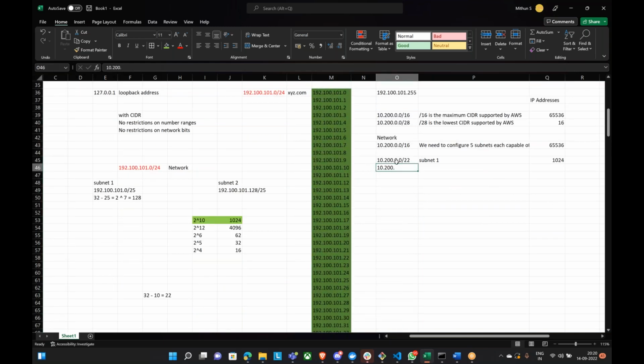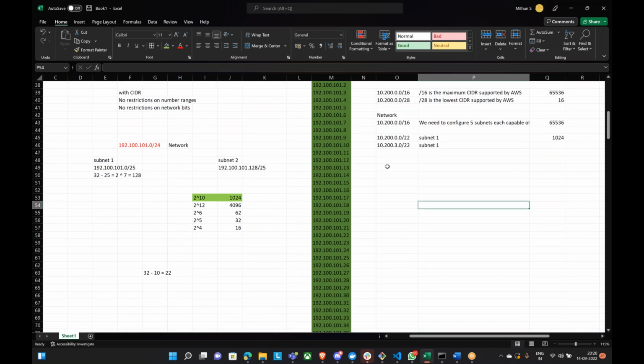See, 1024 means from 10.200.0.0 to 10.200.3.0/22. So this will be the range of subnet 1. This is not subnet 2; both are subnets. I mean the range I am talking about. Can you notice one thing? The third octet is changing frequently. Why? Because see here,